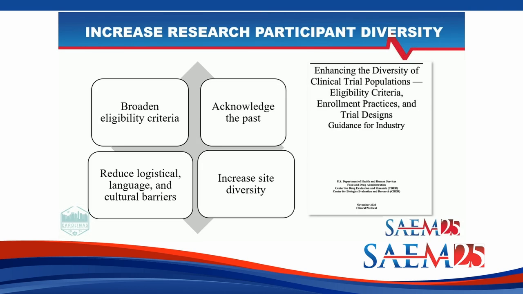Now we're going to talk about how you can actually increase the diversity of your research participants. There are so many studies that show there are numerous factors that go into having diverse research participants, your research subjects. In the US, a study of over 3,000 individuals enrolled in cancer trials found that Black and Hispanic patients had much lower phase 1 enrollment, with odds ratios of 0.46 and 0.25 compared to their white majority counterparts. Asian patients had much higher enrollment, with an odds ratio of 1.38, and those findings withstood many confounding factors.